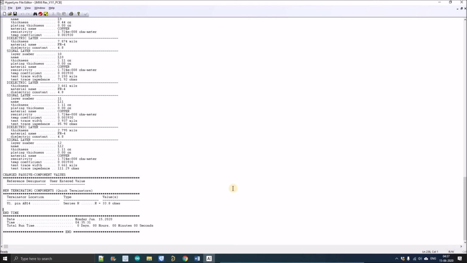So here I'm just ending this series. This was a quick introduction of not all, but very specific tools of Hyper Linux. Very soon I'm going to start a very detailed simulation and analysis for the IMX6 REX module. There I'll cover all the data lines, all the high speed signals, and I'll simulate and generate the report.